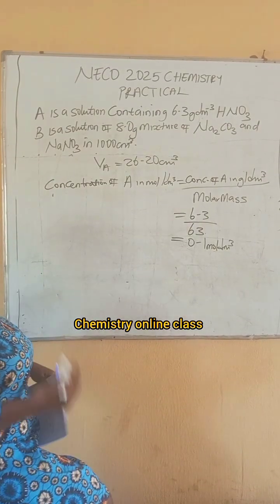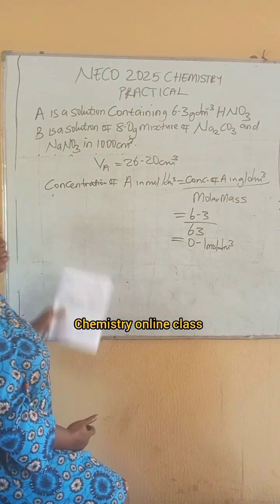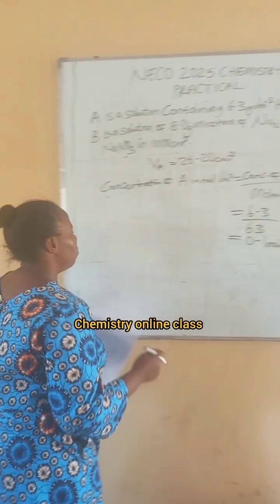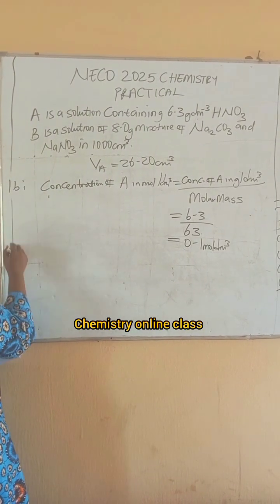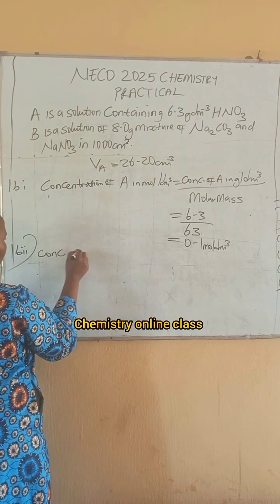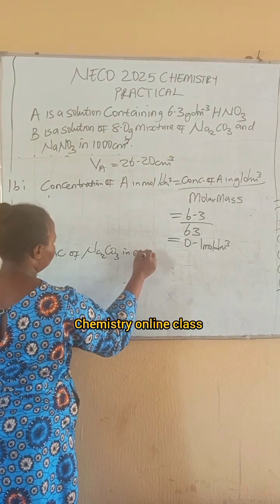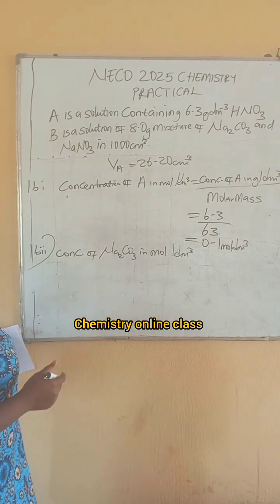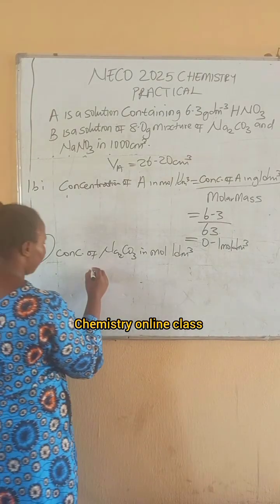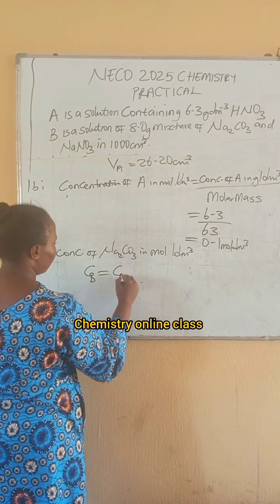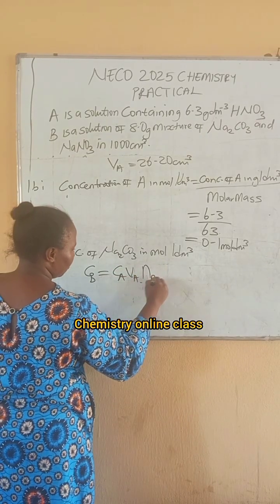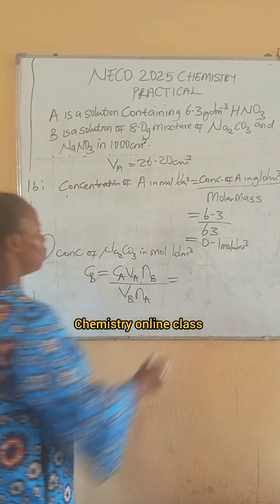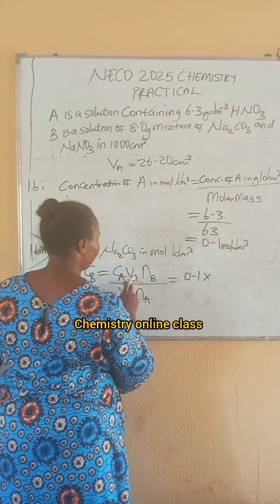Now the next question says that we should calculate the concentration of sodium carbonate in mole per dm³. Okay, concentration of sodium carbonate in mole per dm³. So we have this is 1 B II, concentration of sodium carbonate in mole per dm³. Okay, we are going to use the general formula CaVa divided by CbVb equal to Na over Nb. Okay, now we have our Cb is equal to CaVa times Nb divided by VbNa. Okay, when we substitute, our Ca is equal to what? 0.1 times our volume of A, which is